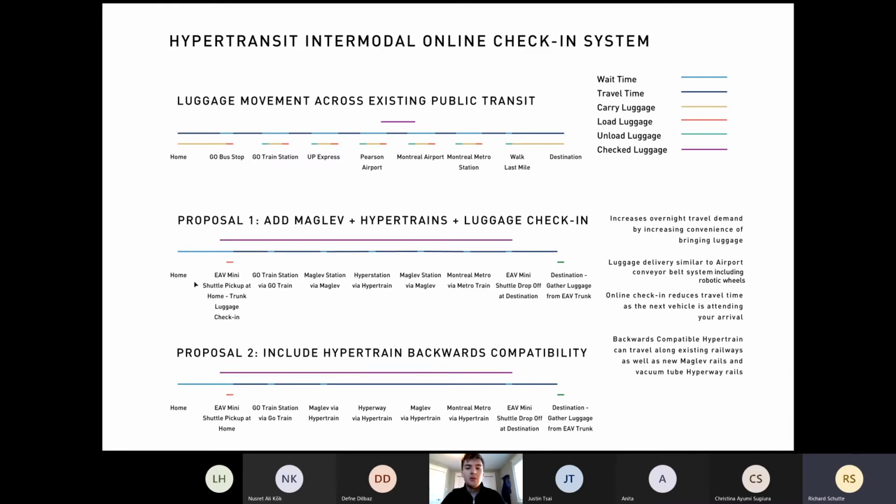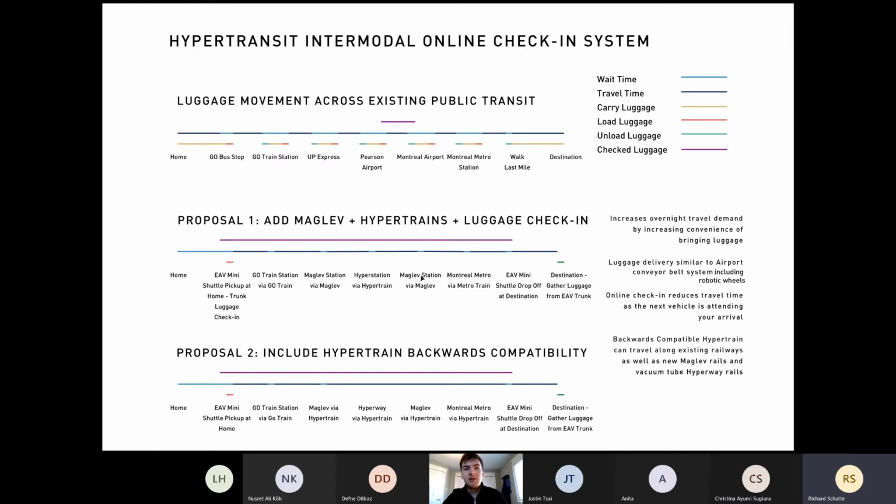You would have a little RFID key on your luggage bag. You would scan it and put it in the back. Then you would be taken to your local GO station, local train station. You would take this GO train. You would then get on your micro platform like we showed before. You would get to your hyper station, which we don't even really need. Then you can get to your